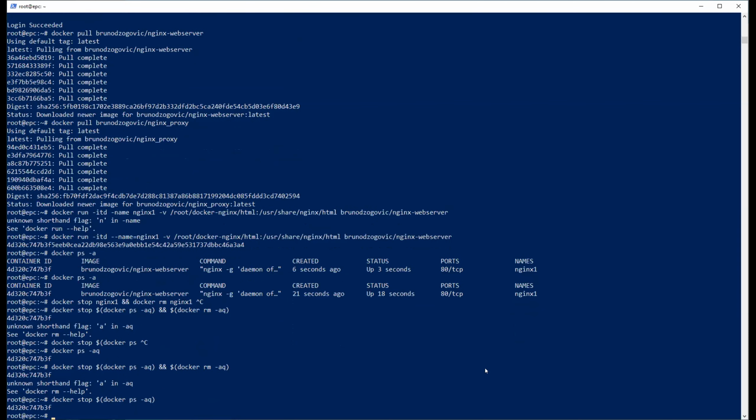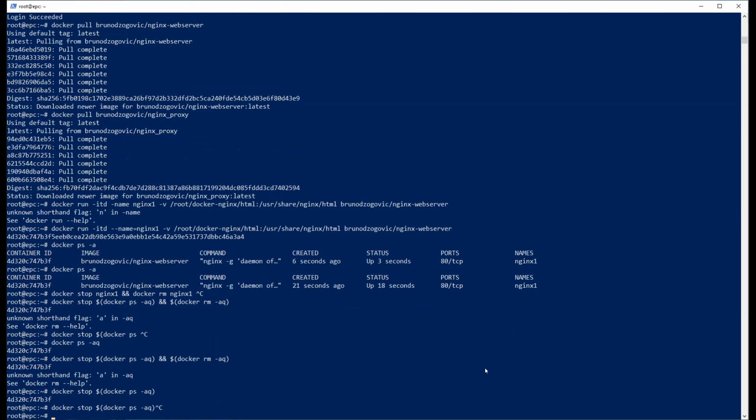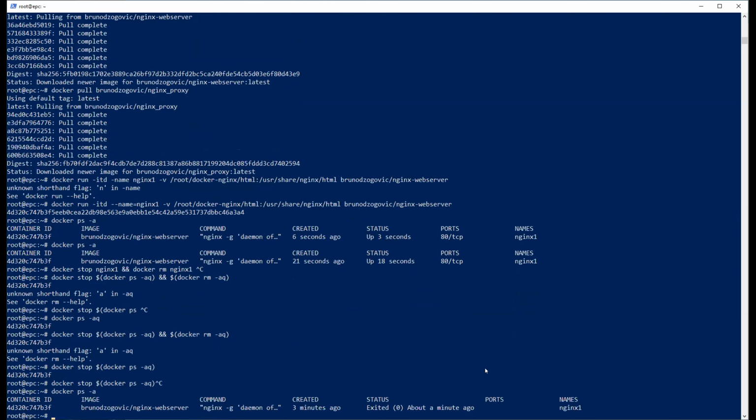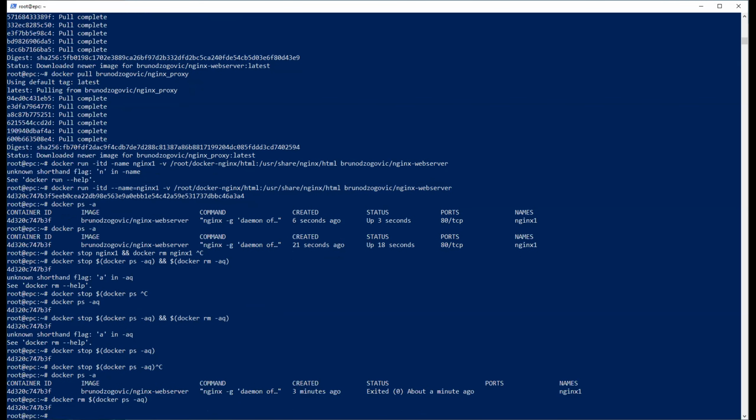You see, it stops the whole thing, and now the containers are stopped. If I list all the containers, which is only one in this case, docker ps -a, it will say that the container is exited. And now if I type docker remove and the same way, it will remove the container.